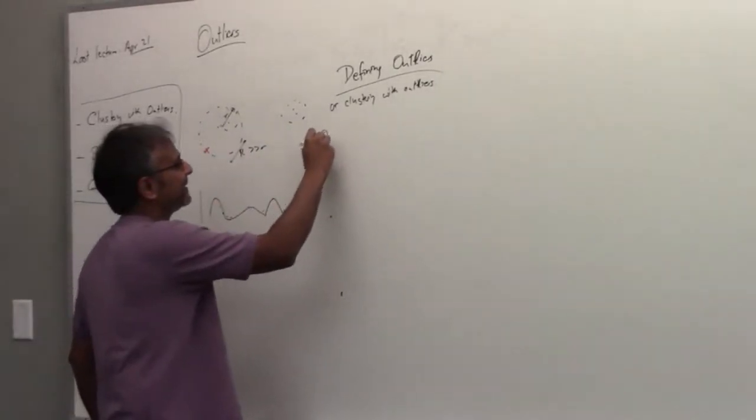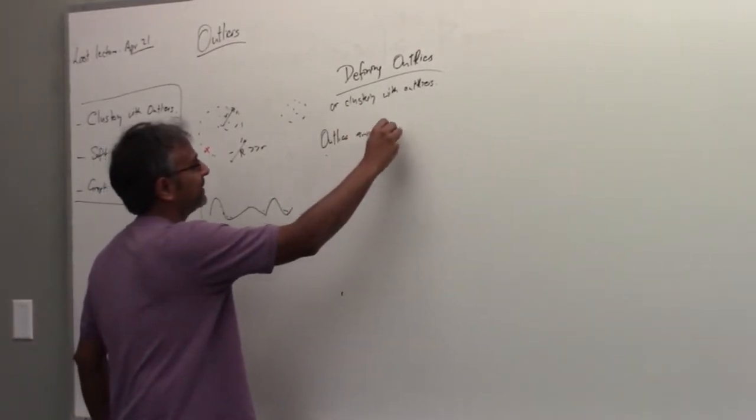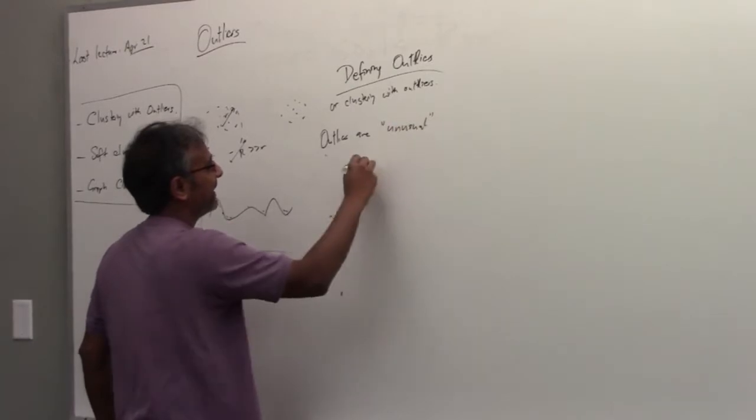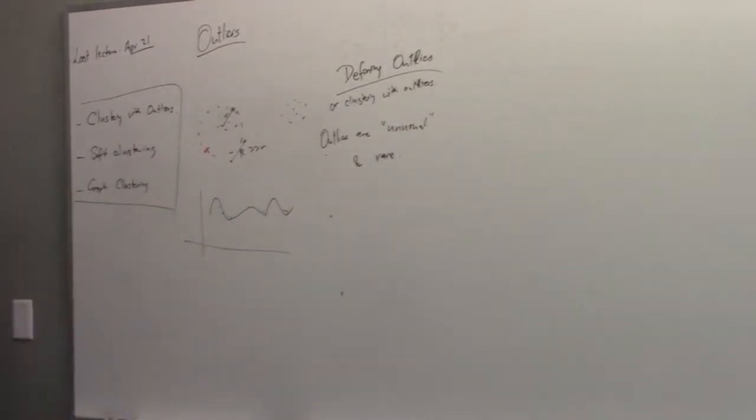So outliers are unusual and rare. You expect to have very few of them. You don't expect to have a lot of outliers, because that goes to the clusterability of your data itself. If I told you there were very few outliers in a data set,